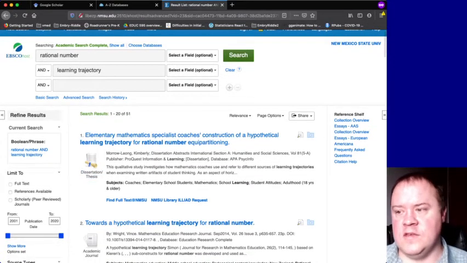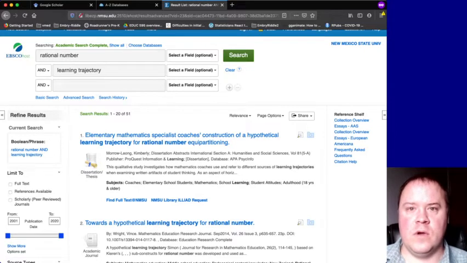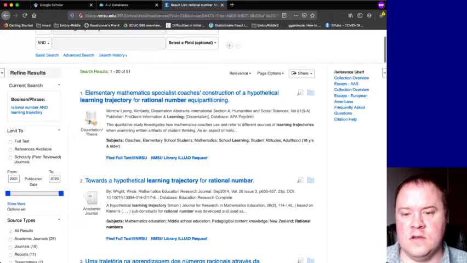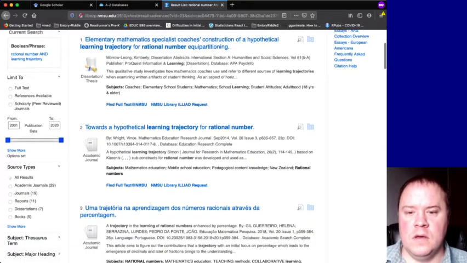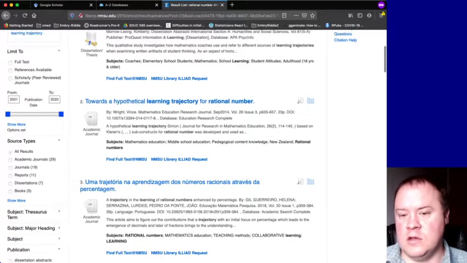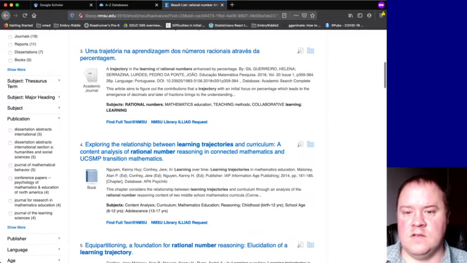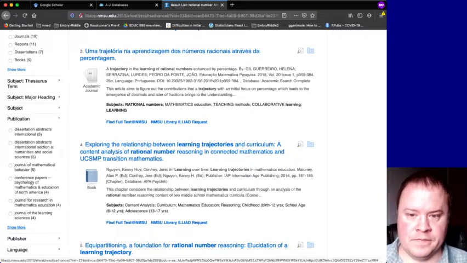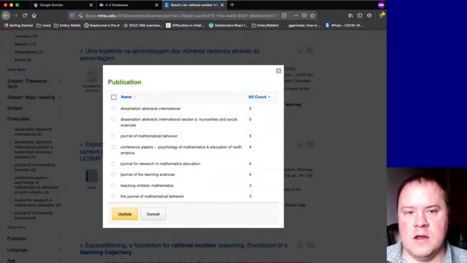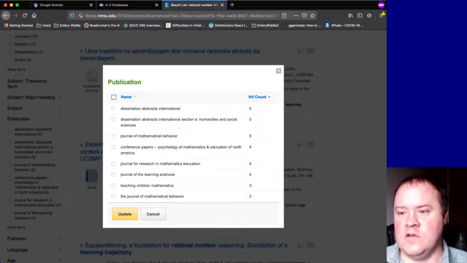But you can limit what you're seeing if you want to narrow this down. Let's say we only wanted to look at specific journals. If you look on the left side, you could limit the publication dates. So right now we have things dating back to 2001. We have source types: academic journals, reports, dissertations, books. So we could sort by that. And then there's a list of publications. These are the journals or books or things like that that they're located in. If you click show more, it will show you a list of all of them and how many are in each category. So we have dissertation abstracts,